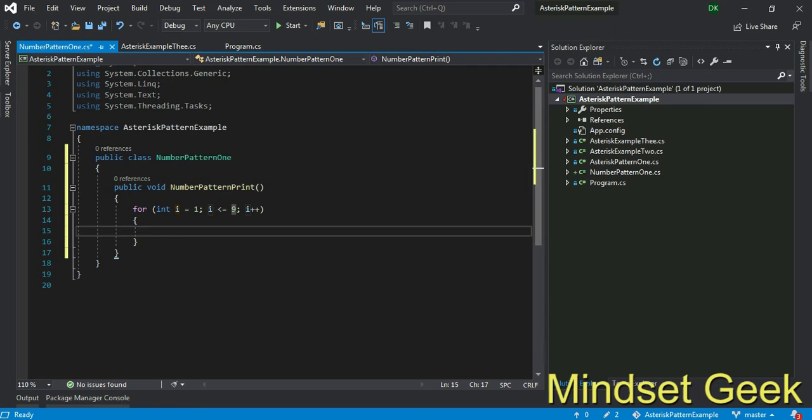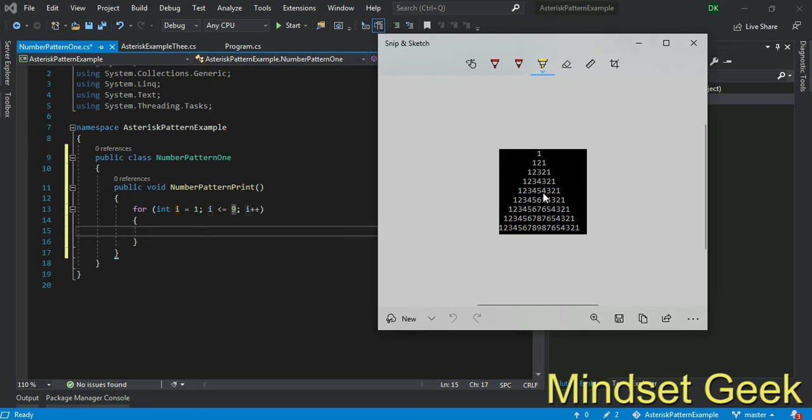Can you imagine how many outer for loops we need? First for loop we need for space, right? Space count should decrease from 9 to 1 or 8 to 0, right?